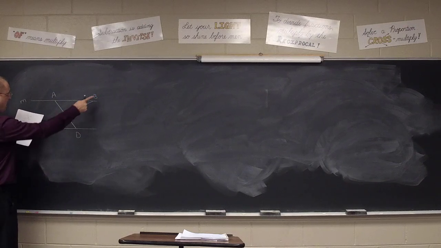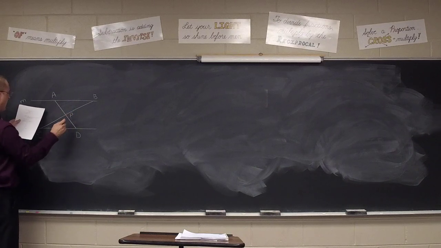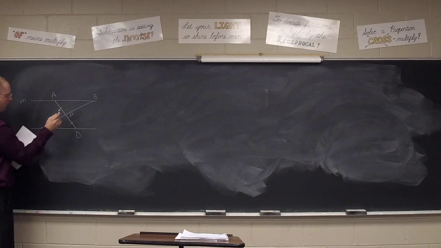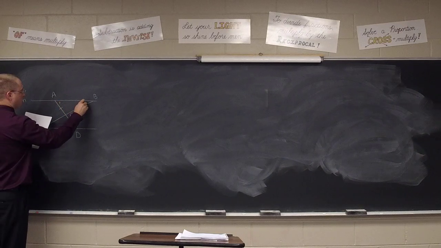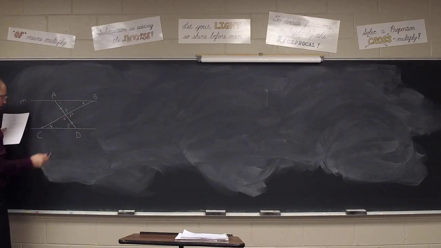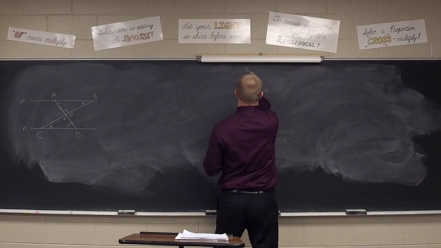And the way BC went through, they intersected at a point P. And I said they intersect so that AP and DP are equal to each other. And then I numbered these angles 1, 2, 3, and 4, 5, 6. All right, so obviously your first statement that you should have written down,